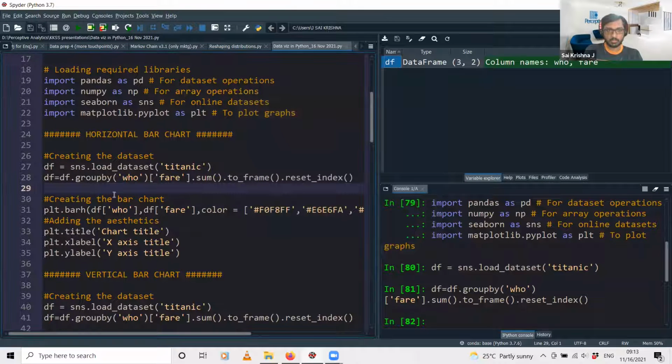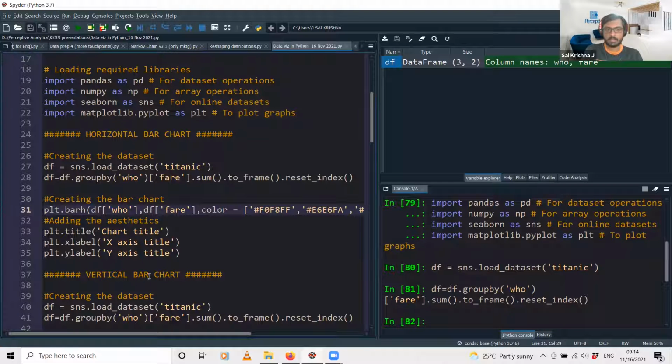So how you do that is you use this function. So the plt is for the matplotlib library. It is an alias that we have given. So from this plt library, we are using this barh function, and the syntax is like this: the x-axis parameter, y-axis parameter, and the colors.